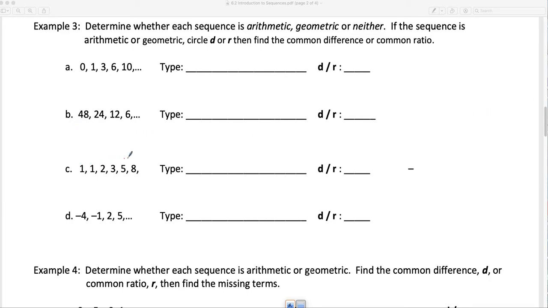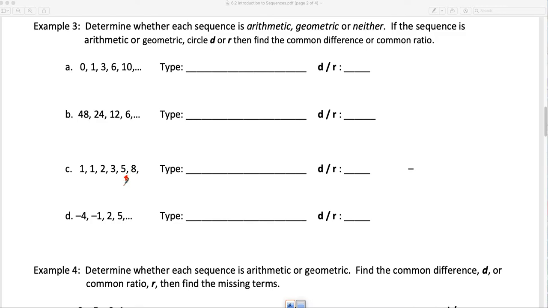1, 1, 2, 3, 5, 8. All right. Is it increasing by the same amount every time? I can look at this. It didn't increase at all there. Here it increased by 1. It went from 1 to 2. 2 to 3 is increasing by 1, but 3 to 5 is increasing by 2. 5 to 8 increased by 3. So it's not arithmetic. And dividing backwards, 8 divided by 5, 5 divided by 3,